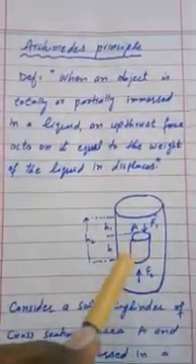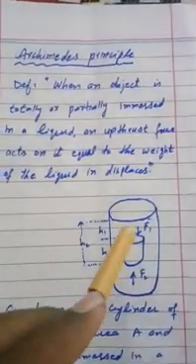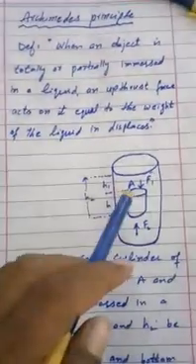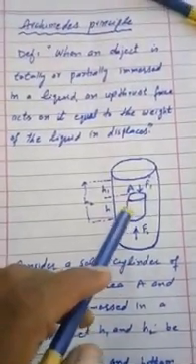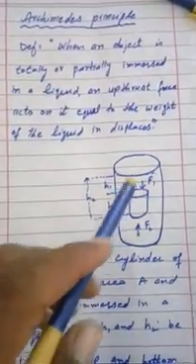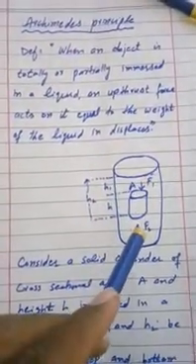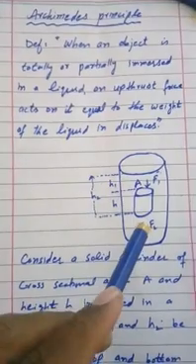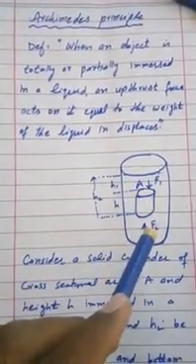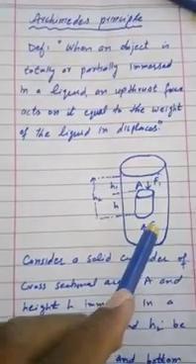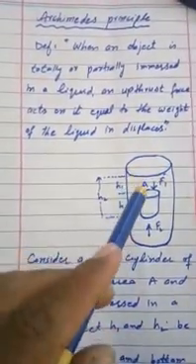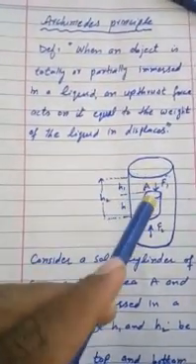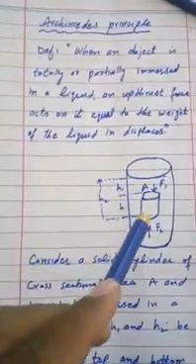Consider an object whose height is h dipped inside a liquid whose density is rho. This is a cylinder whose height is h dipped inside the liquid. Its weight acts vertically downward and the liquid applies a force on it acting in the upward direction. That upward force, labeled F2, is the upthrust force, and F1 is the force on unit area A applied in the downward direction when we immerse that object inside the liquid.